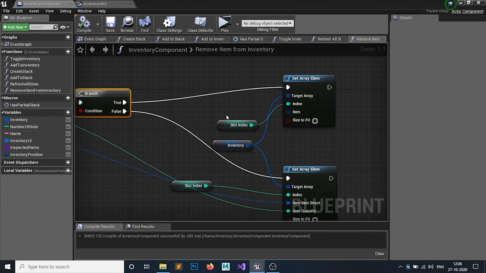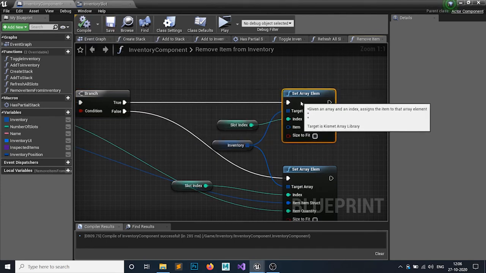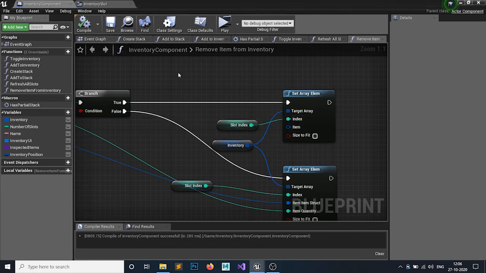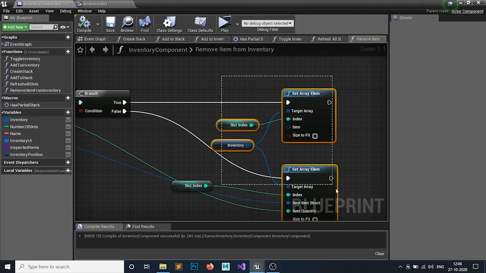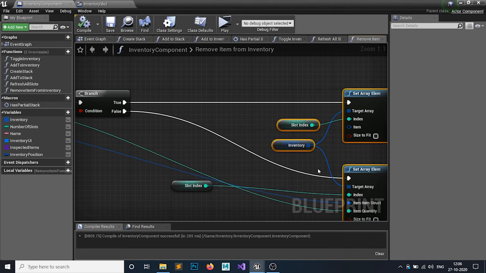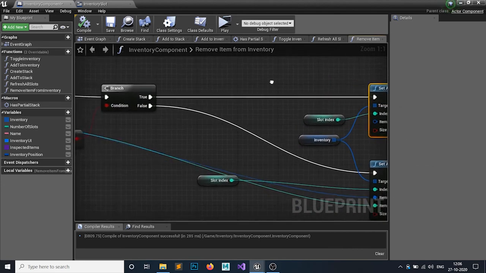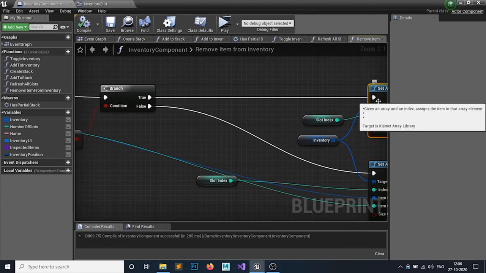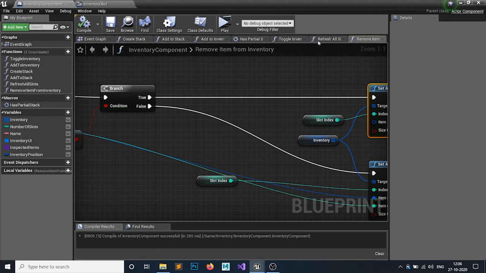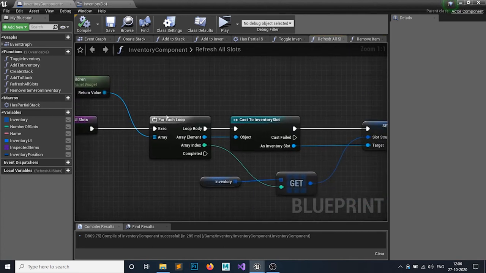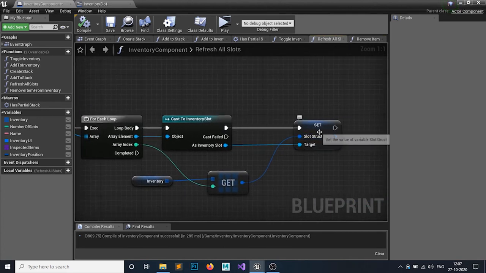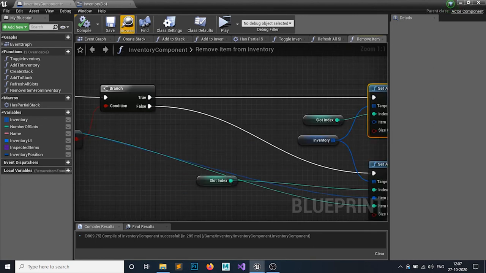So we have done this thing. One more thing, if we don't have any array element in the inventory, then we want to set the slot. This is why I have done this get slot, because it will set all of this. So we have done all of it.